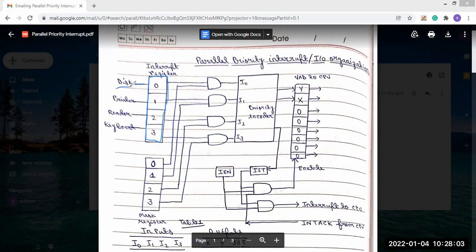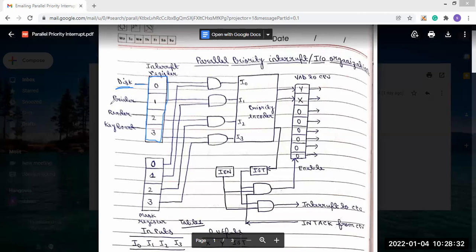So among these input output devices, the disk has the highest priority, because disk speed is much more. So that's why the disk is first.